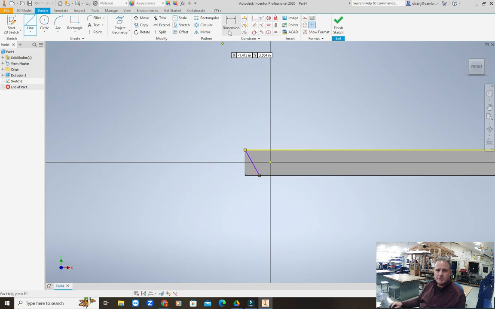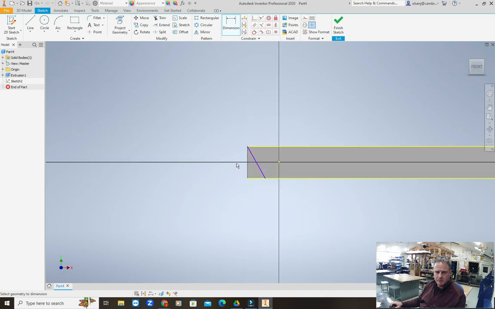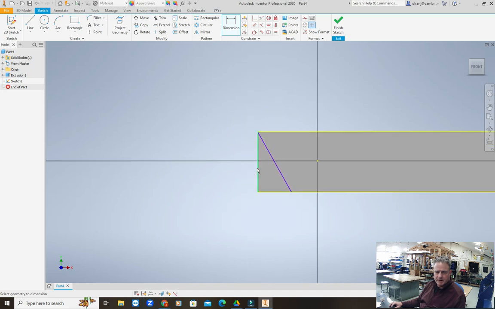I'm going to go up to my dimension tool, and let me zoom in a little more so you can see this. I'm going to click on this line, and then I'm going to click on this line, and I'm going to drag this out here, and I'm going to click in the middle, and I'm going to make this 20 degrees, 20, enter. And now I have a 20-degree angle here between this line and this line. Okay, I'm going to finish sketch,